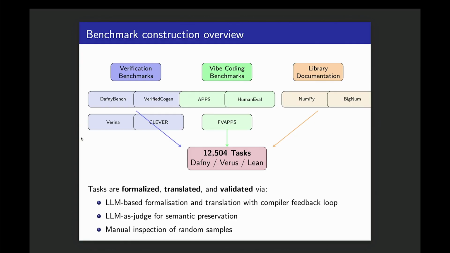The idea is that we looked at all the available and not available formalizations. We started with some benchmarks that already exist, like Dafny bench, which was mentioned earlier. A JetBrains organization had another bench in Rust. There are some benches in Lean. And then we also formalized, with an approach similar to what was presented in the earlier talk, APPS and HumanEval programming problems with an LLM-based approach.